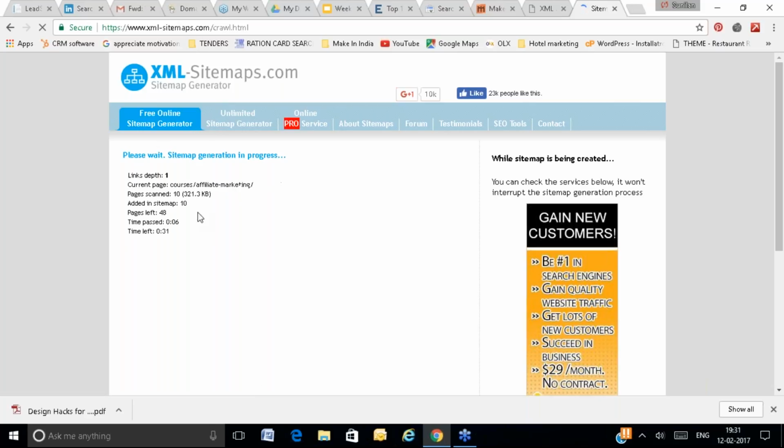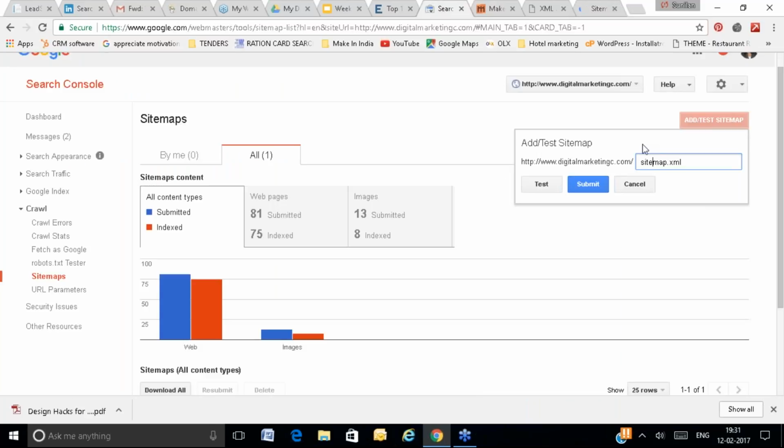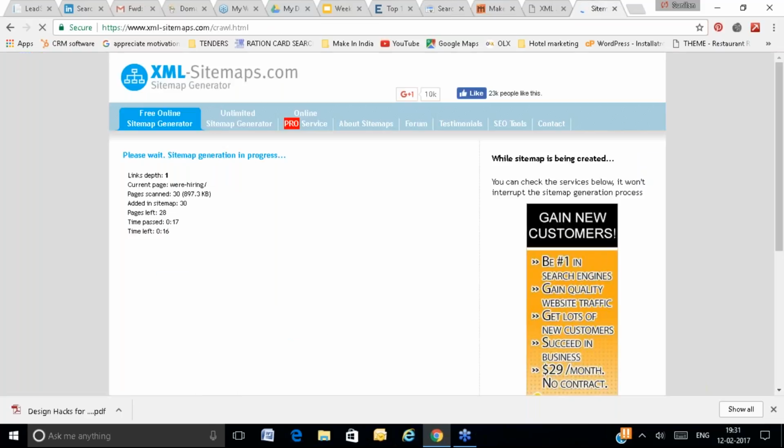They will generate the sitemap for you. You will download that file, upload it into your root folder, and submit the file name to the search console. Whatever file name you are creating for your sitemap, it will be yourwebsite.com/sitemap.